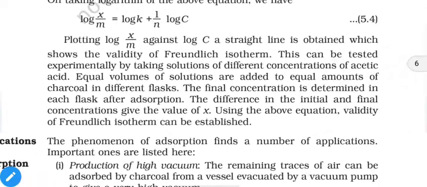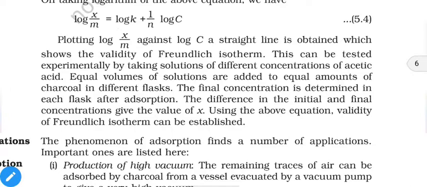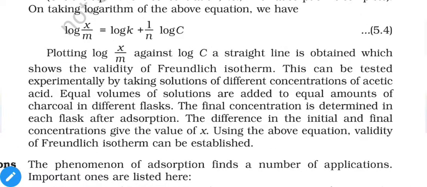Now this graph will be a straight line graph. So this equation 5.4 gives us a straight line in the graph, and that's why we can find the constants k and n from the graph just like before. So the unknown values of these two constants will be obtained via the graph. First you have to carry out the practical, and then by plotting a graph from the results obtained from the practical, we can find the constants.